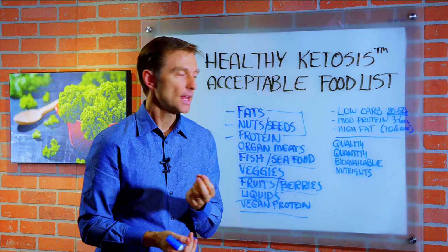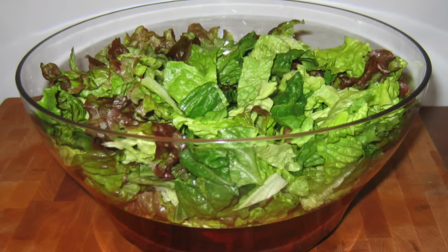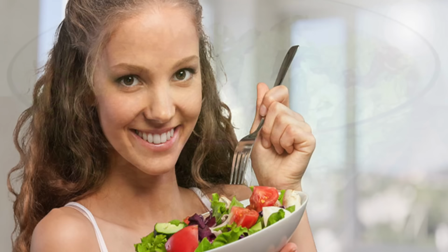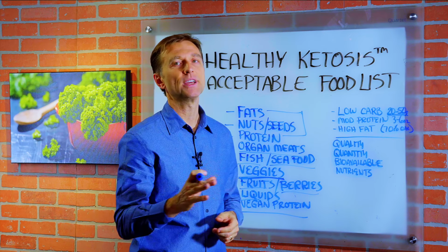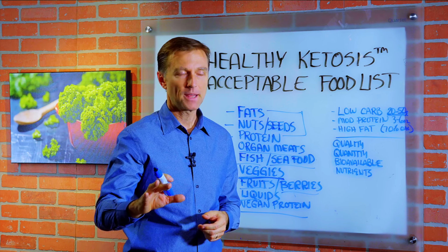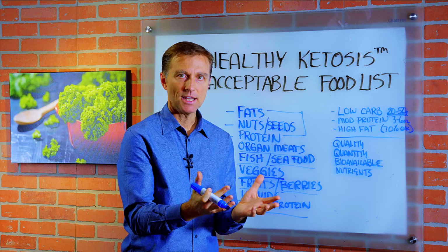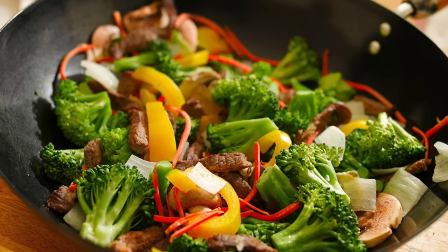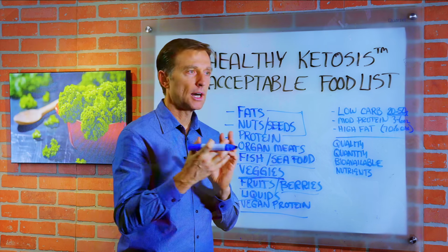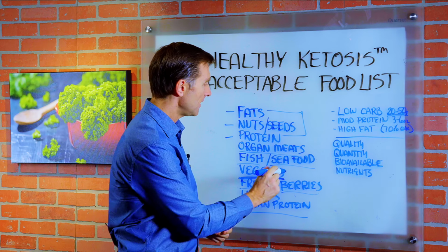What I'm talking about is if you were going to consume a full 10 cups, that would probably be of like salad or leafy greens, not even necessarily spinach, because that's high in a chemical called oxalates. But I'm talking about leafy greens, romaine lettuce, that type of thing. But if you have a salad, let's say 6 cups or 5 cups, and then you have some cooked or steamed or stir-fried cruciferous like Brussels sprouts or broccoli or asparagus, those types of vegetables, then that would be good,